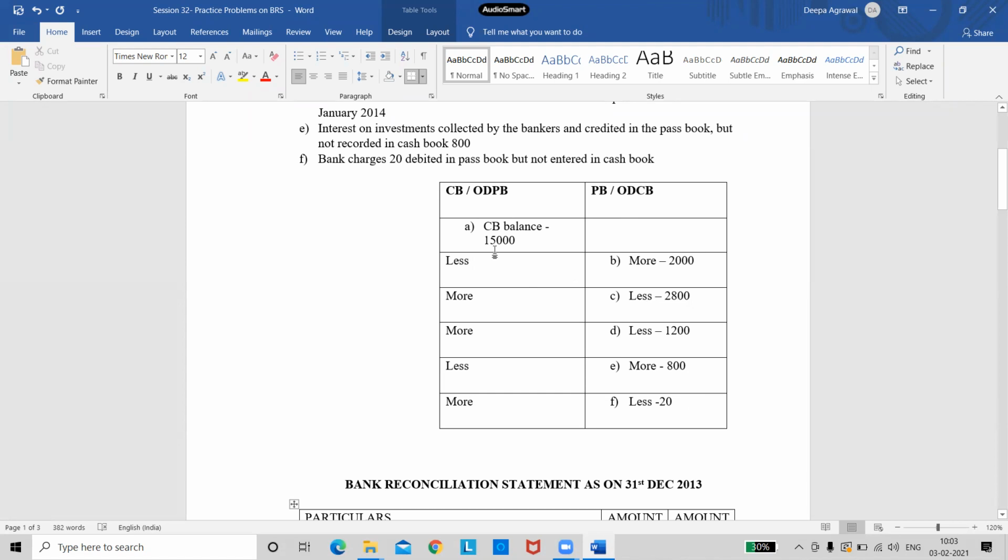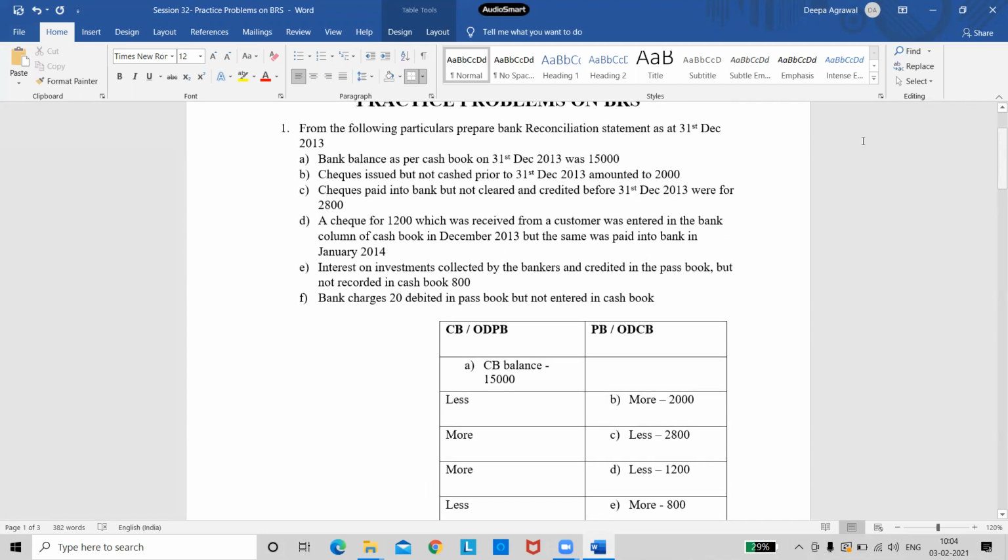So cash book balance is given. We have to find out passbook. So only look at the second column. Wherever we have written more, add those transactions. Wherever we have written less, deduct those transactions. So tell me how many transactions should we add in this problem? 2. 2 transactions we will be adding, the B bit and the E bit. And how many will we be deducting? 3. 3, the C bit, the D bit and the F bit. And why am I writing B, C, D, E, F here? Because I want to know the transaction. If I don't write B bit, how will I know what is the B transaction?